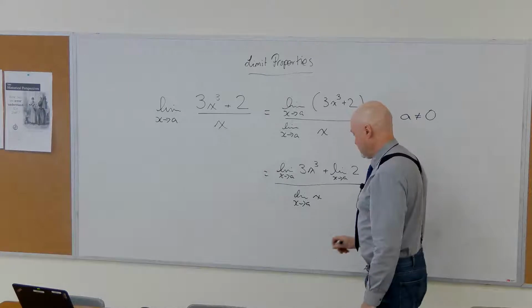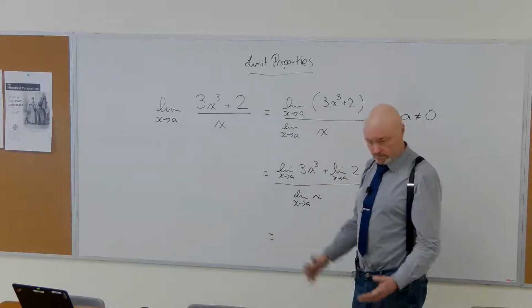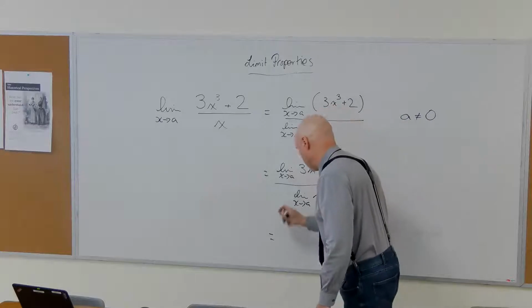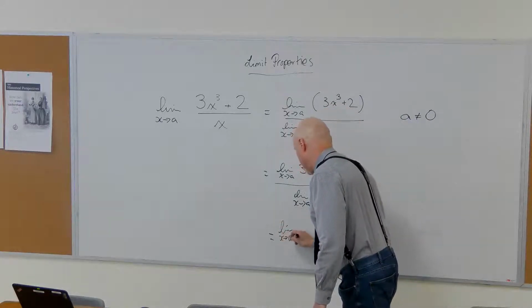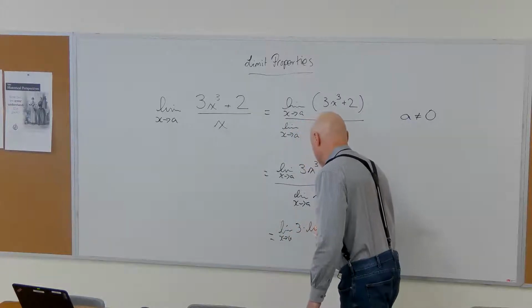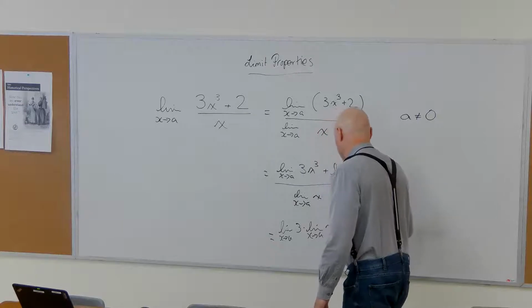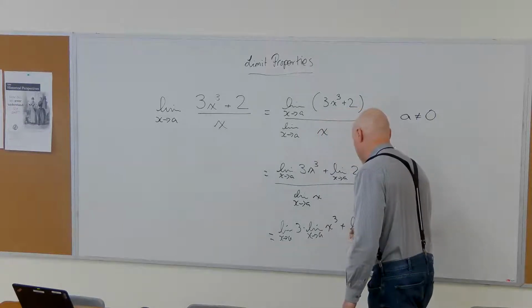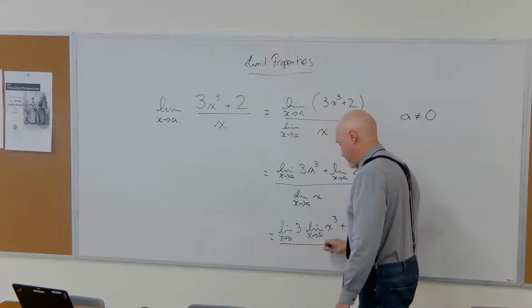Okay, this is the product of two things, so the limit of the product is the product of the limits. So this is the limit as x approaches a of 3 times the limit as x approaches a of x cubed, plus the limit as x approaches a of 2, and this is all being divided by,